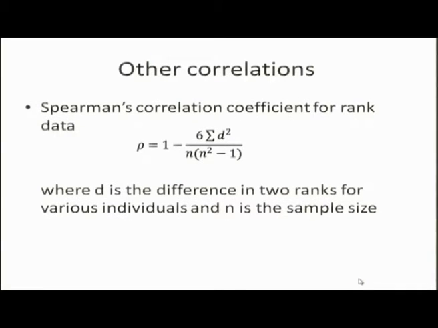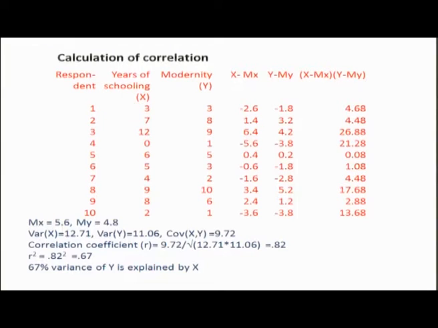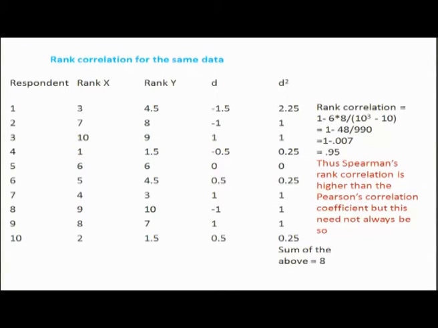You see, for the same data, when you use Karl Pearson's correlation coefficient, then you get one value, and when you calculate rank correlation, you get another value. This shows that their ranks go together, but there is not as much perfect linear relationship in raw data as in ranks. There is a sort of perfect relationship, because 0.95 is close to 1. So, there is a nearly perfect positive linear relationship between ranks, though not in the raw scores.